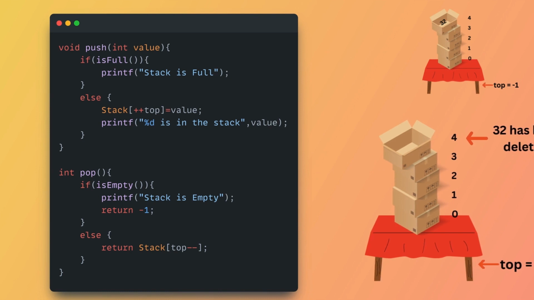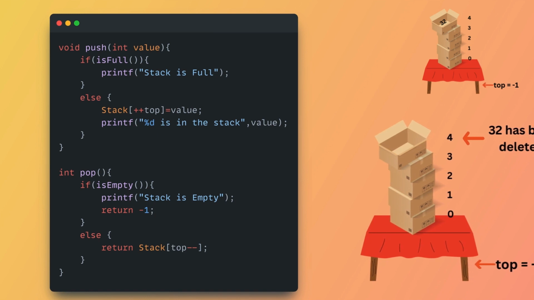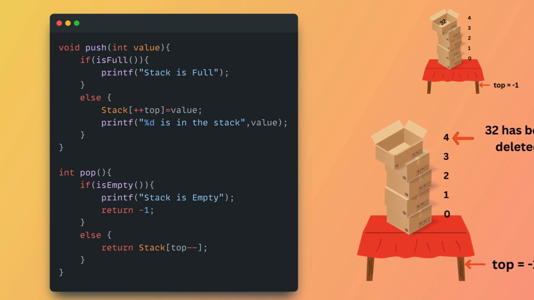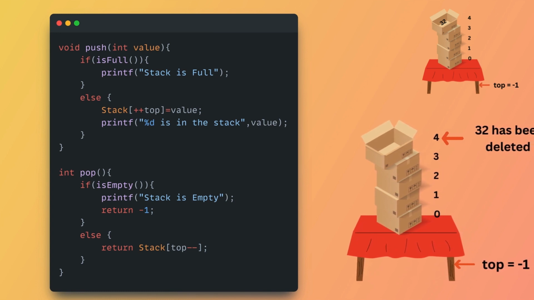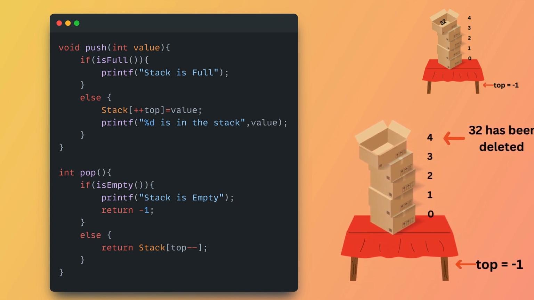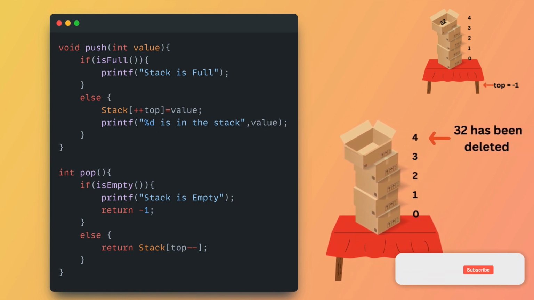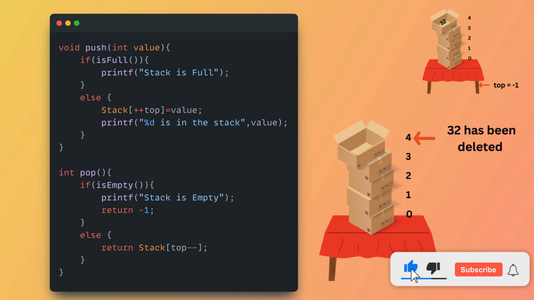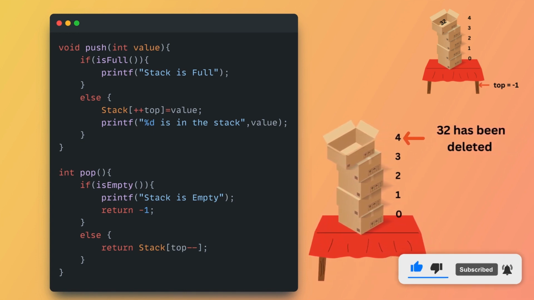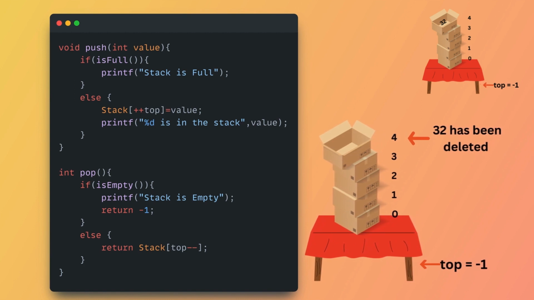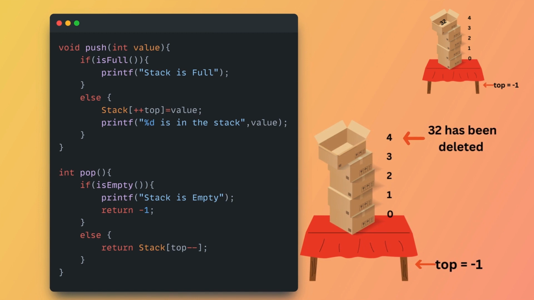Next, we have the pop function. When we have to delete any value, we won't have to take an input for it. It will just keep on deleting the most recent values that you have added. If you go like 1, 2, 3 and start deleting, then it will delete the first number, that is 3, then 2, then 1, like in reverse order. That is why it does not take any value that has to be deleted. So the function does not have any input value, but it does have a return value, or we can say